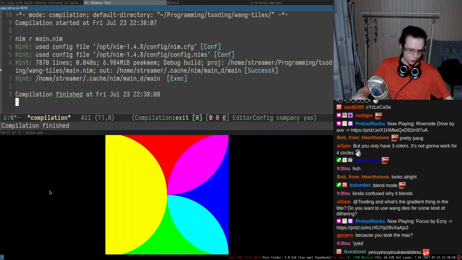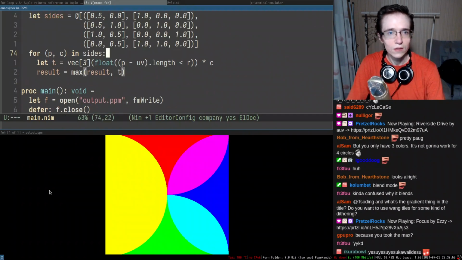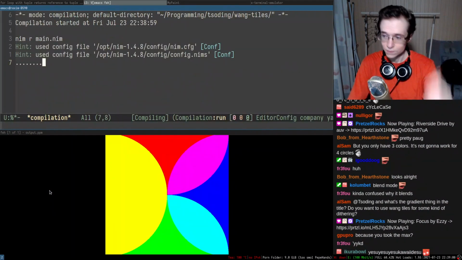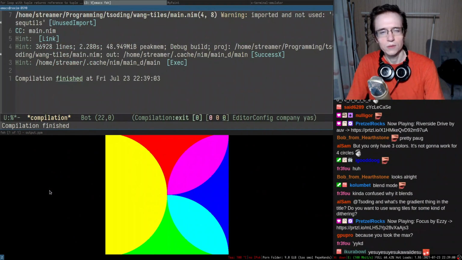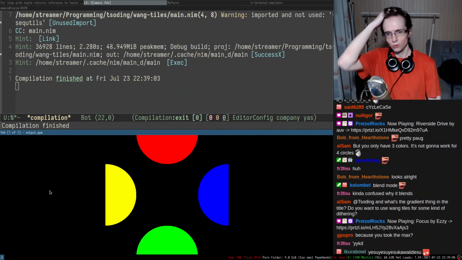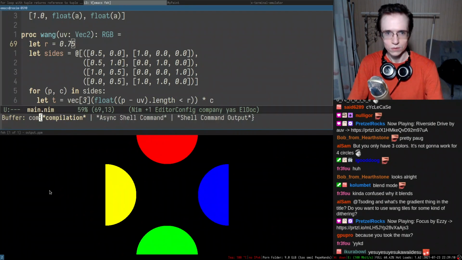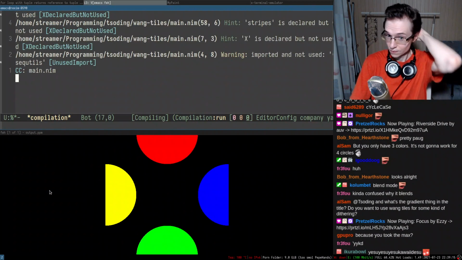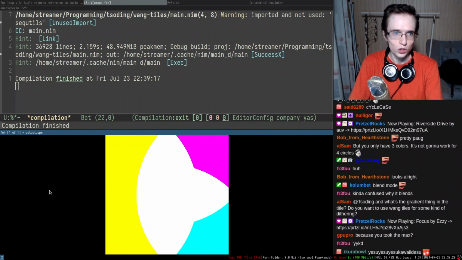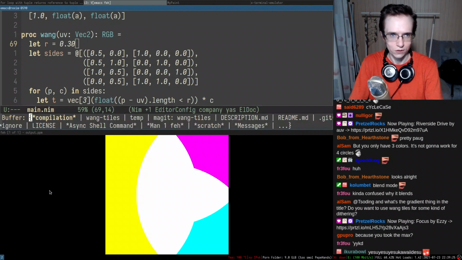So we can try to also reduce the size of the radius. So the radius right now is 1/2. We're going to do something like this. I'm also a little bit tired, as you can see. Yeah. Okay, this one is interesting. That could already be used as Wang tiles, if you ask me. So that's already pretty cool. Okay, and we can turn them into gradients at some point. Oh shit, that was weird. Okay, 25. Let's actually make 30.